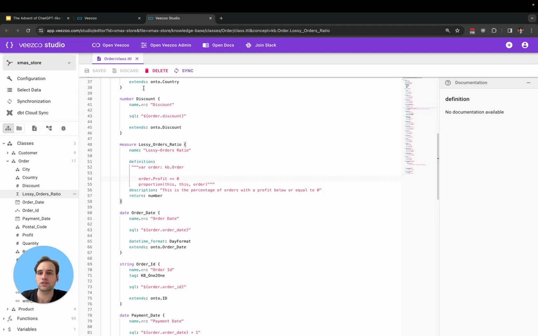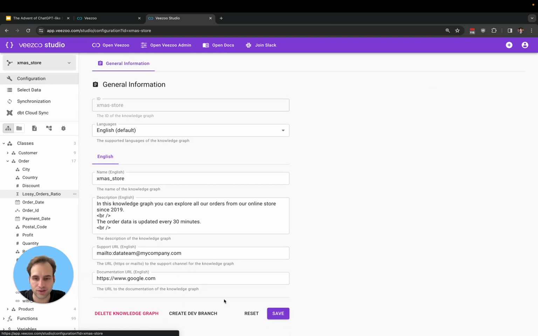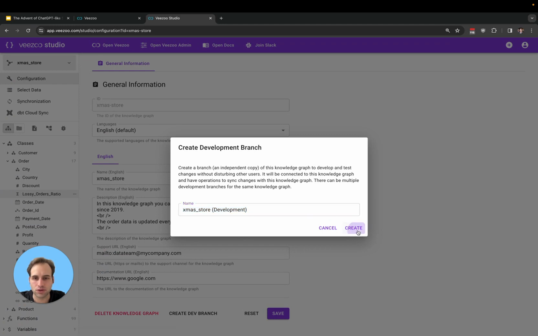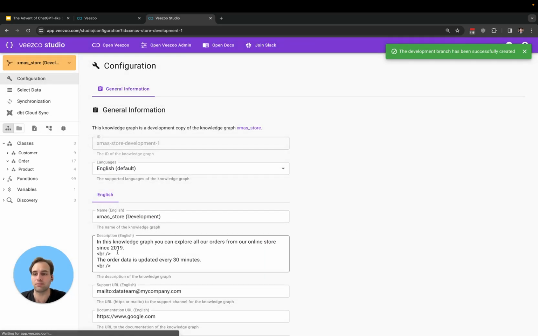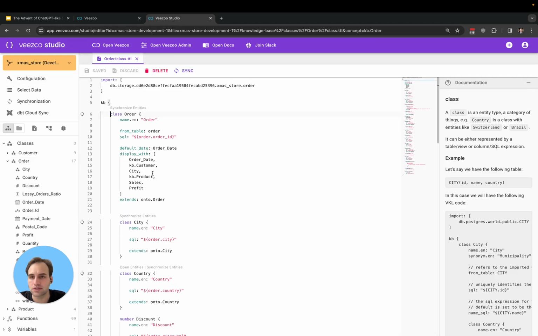So the concept that we have in Veezoo for that is called dev branches, which I think every software engineer or developer is familiar with. So this allows us to create really this independent copy of this knowledge graph for development. Just call it Christmas store development. And what Veezoo now does, it really copies it. And on this new knowledge graph, we can safely make changes, test changes without having any impact on the existing